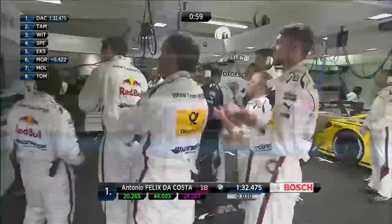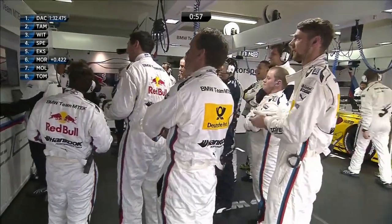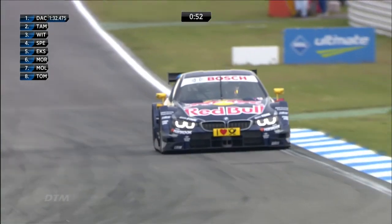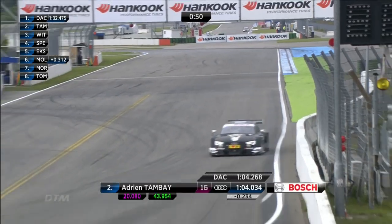He takes provisional pole position. That's cool and calm, isn't it? From somebody that's absolutely new to DTM, leaves it late, comes out, bangs in the time. Absolutely extraordinary. But now